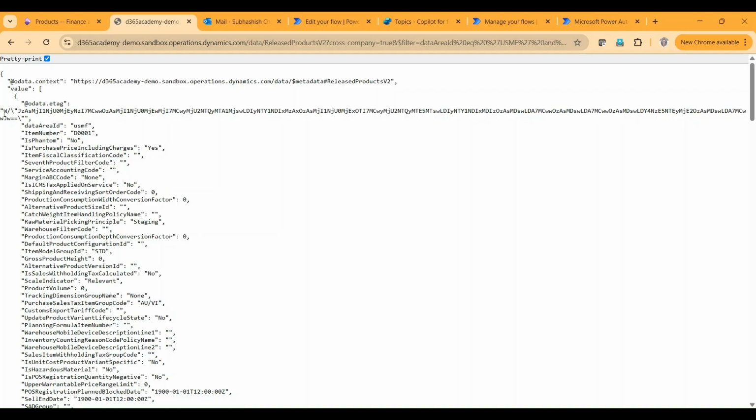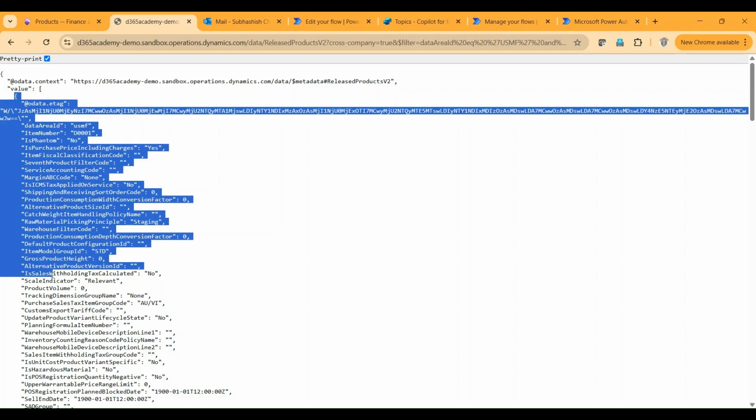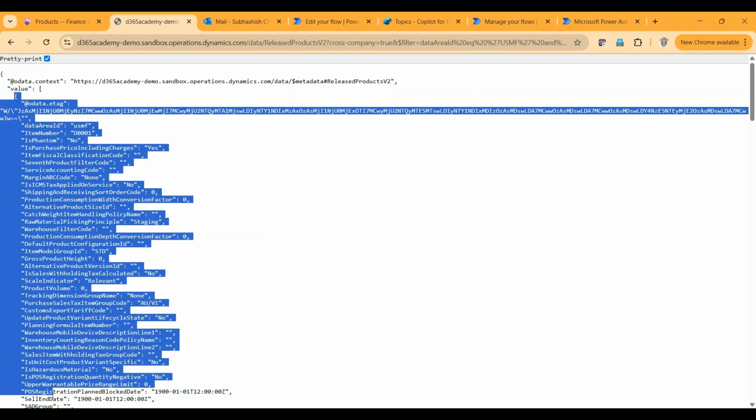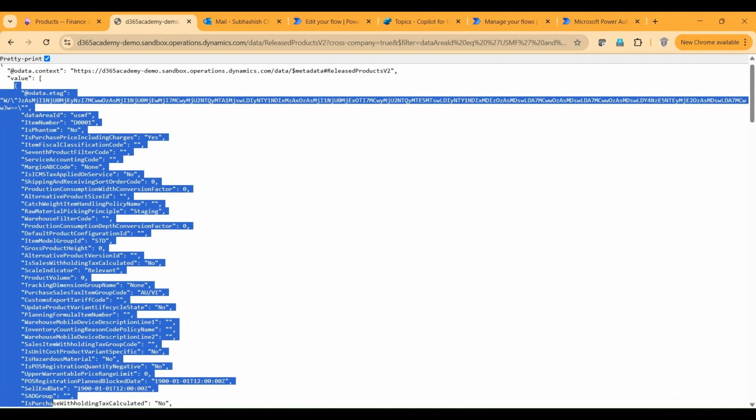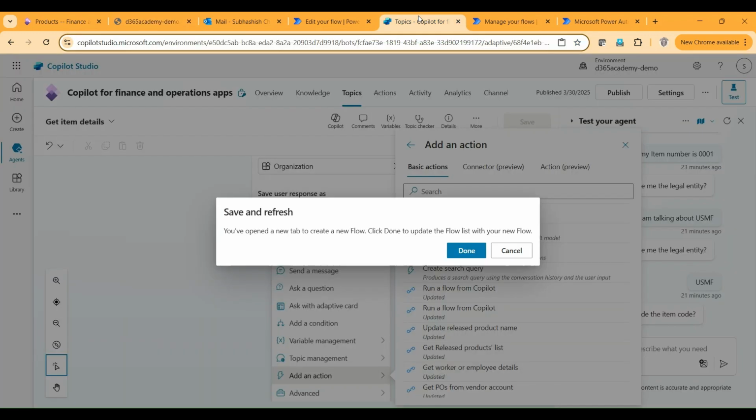So what we are going to do is grab the value of whatever is inside this value node of this JSON response, and we are going to get this value as a summarization of my response from an AI prompt, and we are going to send it back to our Copilot. Exactly, this is what we are going to do. So let me take you back to my prompt,